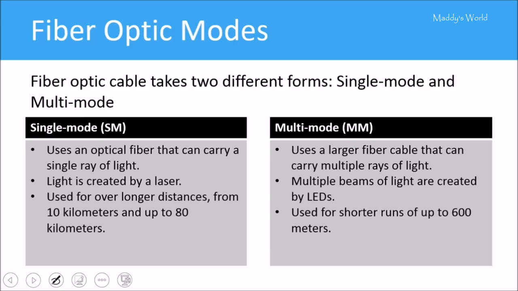There's single mode, and it actually just carries data through a single ray of light, and light in this instance is created by a laser. It's used for much, much longer distances, like 10 kilometers up to 80 kilometers, which is really, really far. This is the type of fiber optic cabling that's used to send data across oceans, right? Just mind-boggling. Multi-mode is a larger fiber, so there's a larger fiber density, and that actually carries multiple rays of